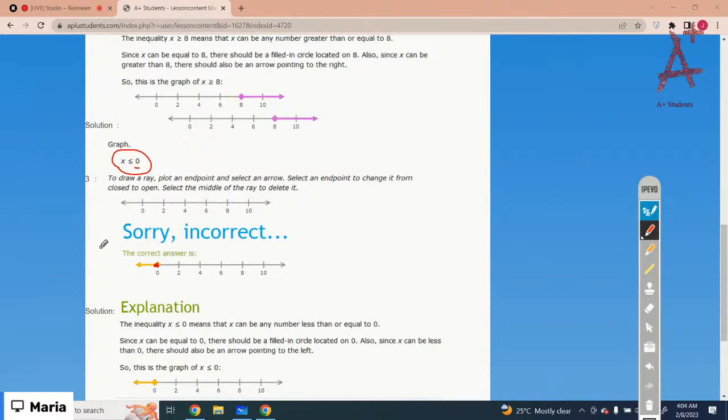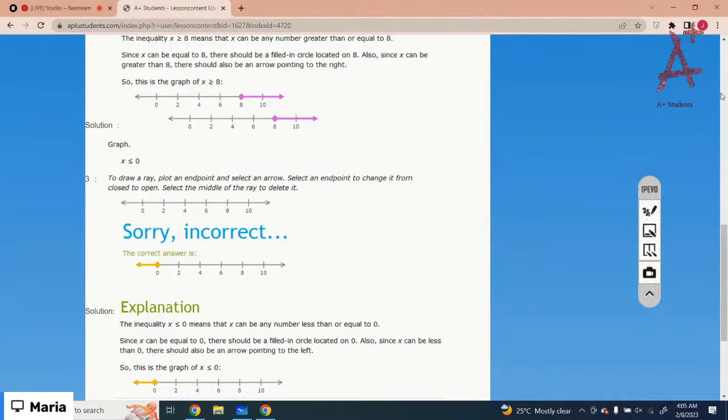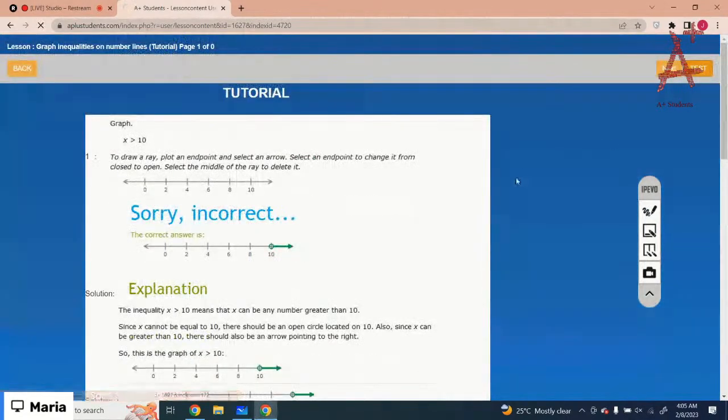Got it? Because on the left side you have all the numbers that are less than 0. Got it? x is less than or equal to 0. Okay, so that is the tutorial only. You can find the lessons, find the chapter in the book, and you have to do the practice questions from the book. Got it? The lesson doesn't have any